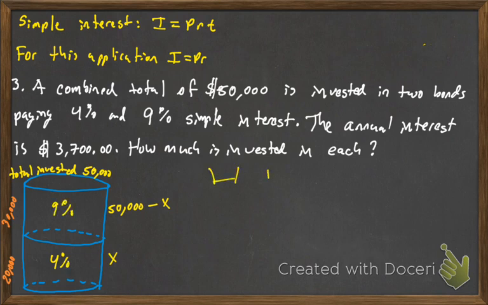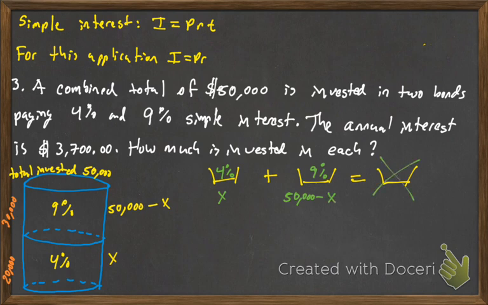Okay, we'll get out our mixing cups. And this one's going to be a little bit different because we don't have a third percentage. We don't have a 3% fat content we want. We don't have a third price per pound. So this one's a little bit different. So we're going to still try to stick with the mixture content, but we're going to look at what the first 2 mixing cups kind of represent. Okay, so I'm going to put stuff in: 4%, X, 9%, 50,000 minus X, and I'm going to cross out the last one because we don't have some sort of final